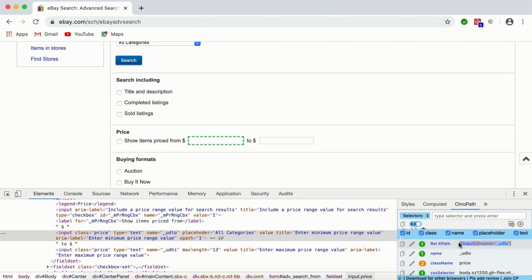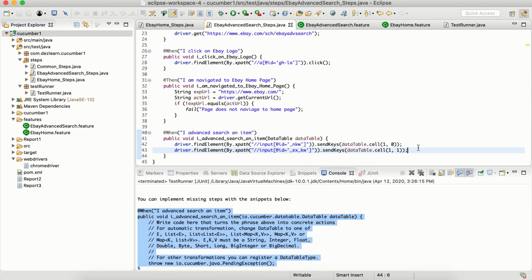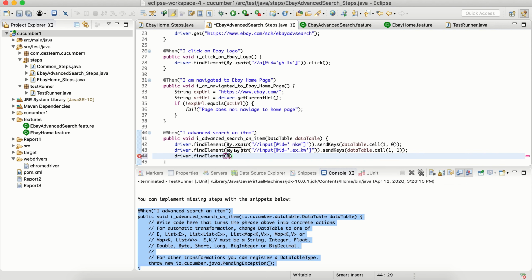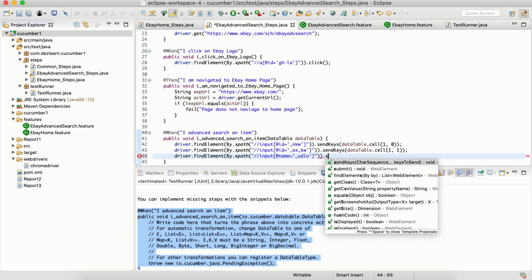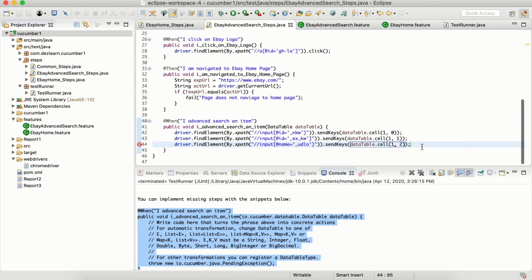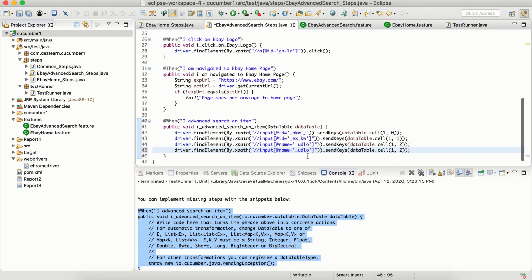Okay, same thing, let's use the XPath that's suggested by ChroPath again, and quickly let me write driver.findElement by XPath, this one dot sendKeys again, and I'm going to reuse this part, and it's going to be first row and second column. And I guess we can reuse this step, first row and third column,